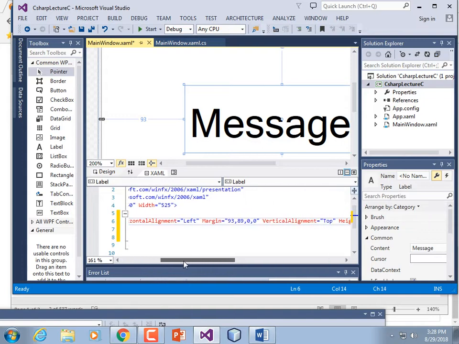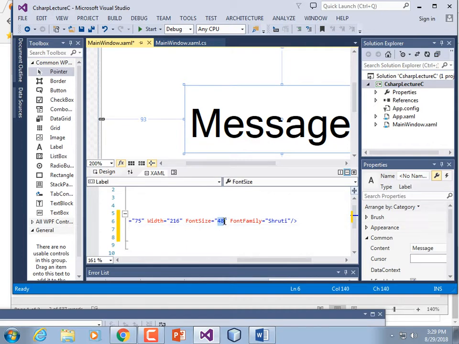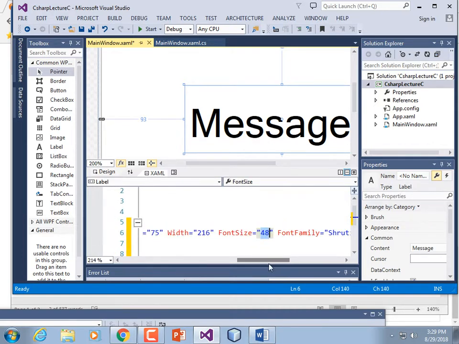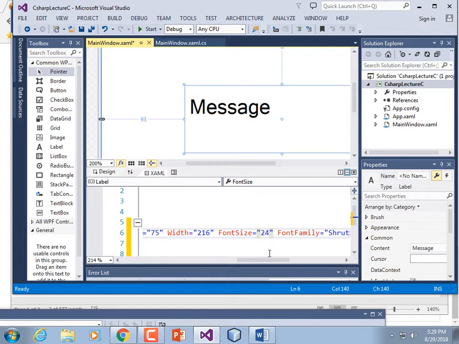We have some more attributes, right? It's saying font size 48, family Shruti. What if I don't want it to be font size 48? I can edit that. Maybe you can't see that. I need to zoom in a little bit more so that people in the video can see it. I want it to be half as big. I'm going to change that to 24. It made it smaller. What if I really decide I don't like Shruti and I'm going to change it back to Segoe UI,